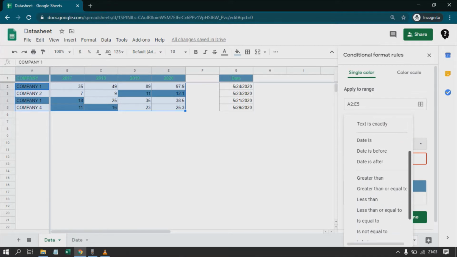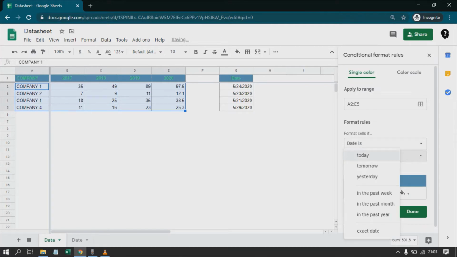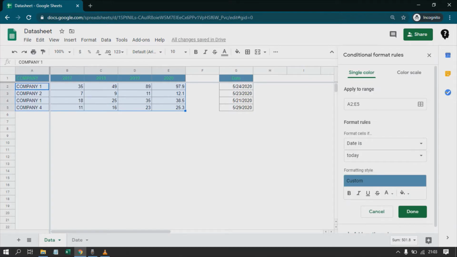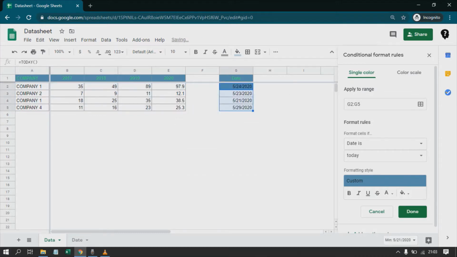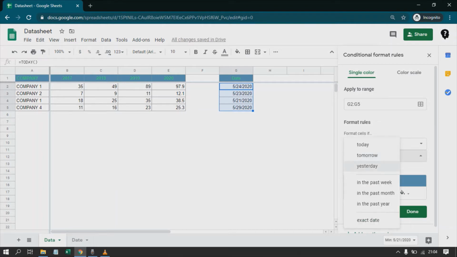Next we have date related for conditional formatting. So for example, if the date is today, it will highlight the today's date. If the date is tomorrow, it will highlight the tomorrow's date if it is present.